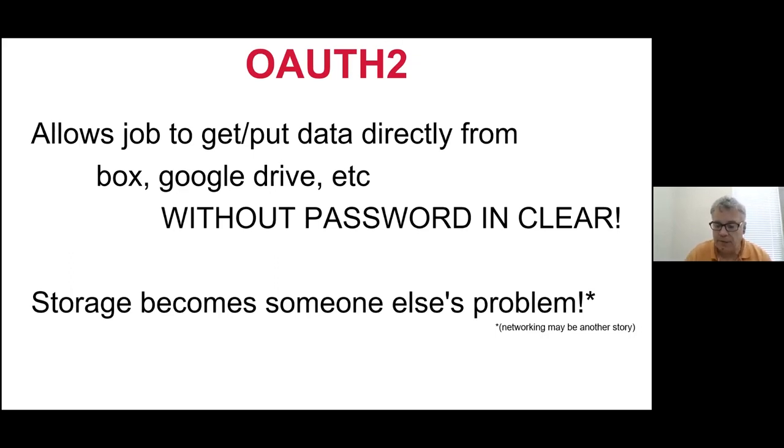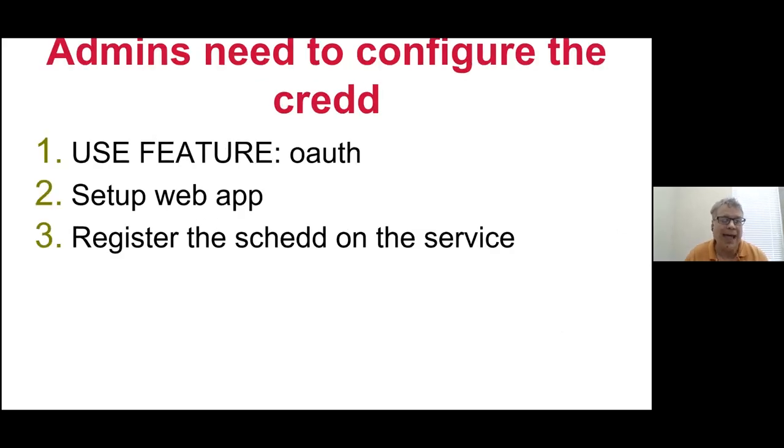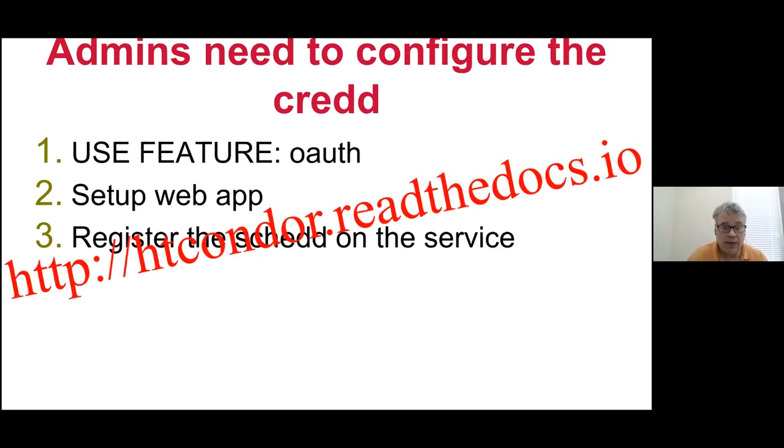Now, this doesn't come for free, like a few things do. Admins need to set up a credd in order for this to work. The credd is a daemon that exists on an access point that manages and holds on to the credentials that OAuth 2 needs. Now, to set it up, you use feature oauth in the config file on the submit machine. You set up a web app or a web server on the submit machine, and you need to register this with the service to let it know that it's willing and available and set up to get tokens from the third-party service. And again, I'm not going to go into painful detail on all of this. All of that is in